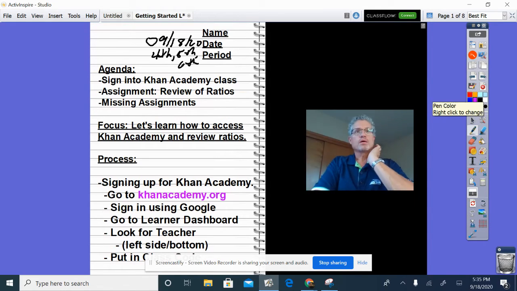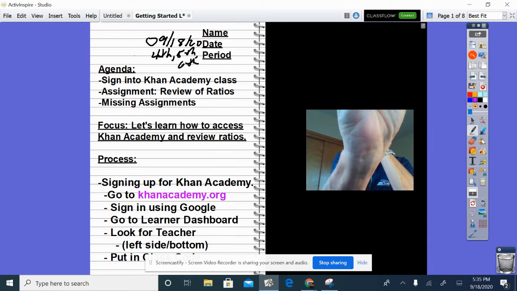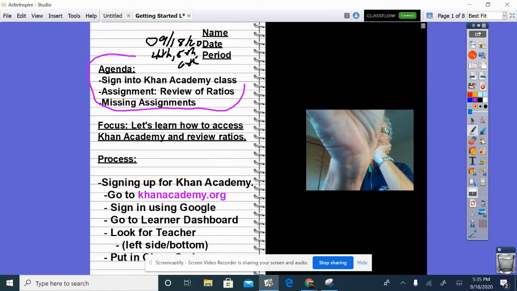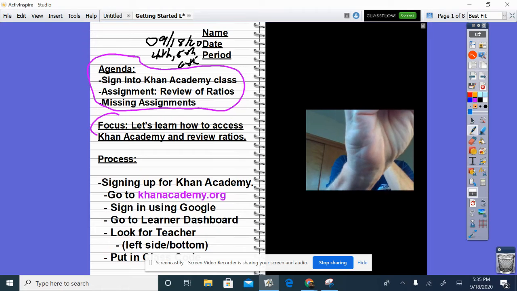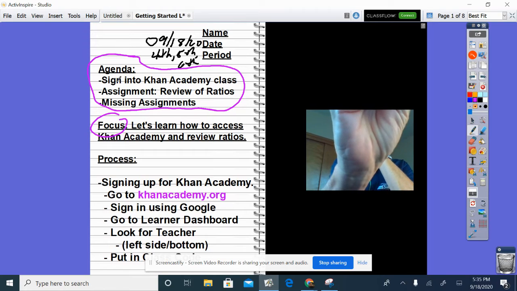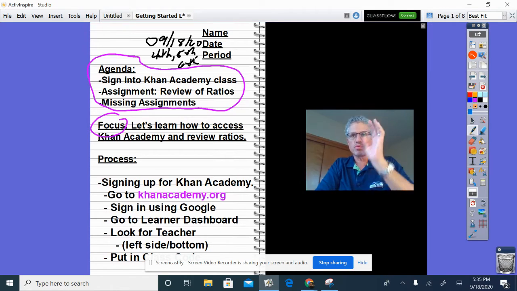Okay, now, a new thing I'm going to ask you to start doing is writing an agenda above the focus. And write this down because I want you to know this is an important part of what we do now in class and taking notes: what are we trying to accomplish? So I want you to stop the video, write down those items under the agenda, and then also write down